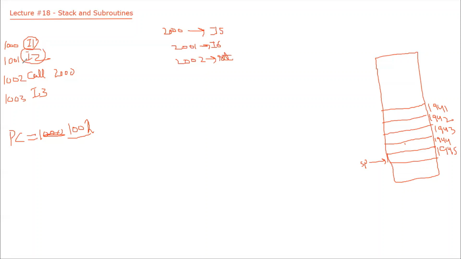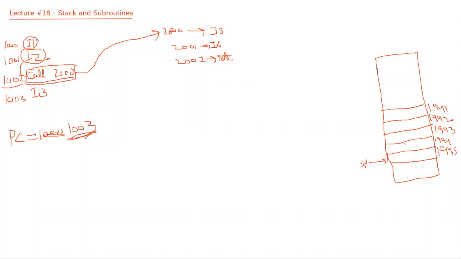After completing this instruction, which instruction do I have to get? I have to get call. So I will get the instruction at 1002 and program counter will be updated as 1003. Now I am getting a call. Okay. So I am going to memory and getting this instruction. But this instruction is saying that you have to go to some other location, this location. So program counter should be updated from 1003 to 2000. Okay. So this particular value is the return address.